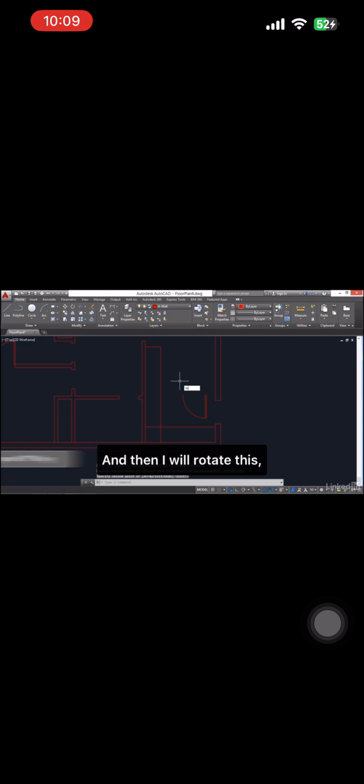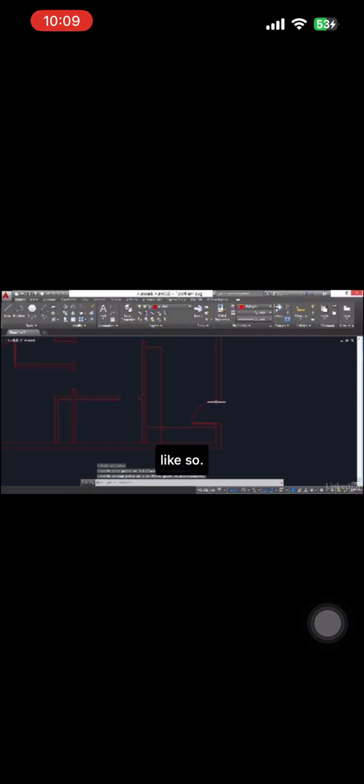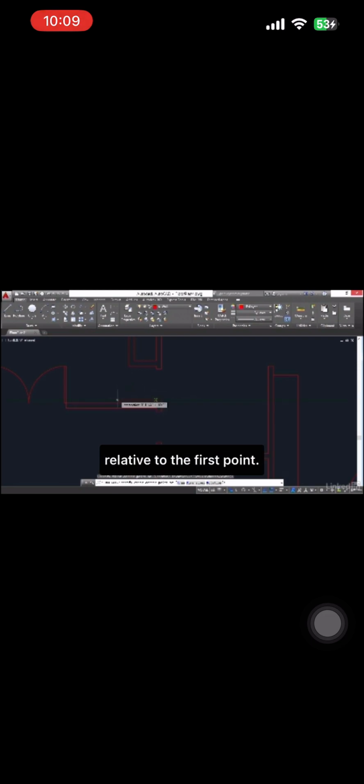I'll toggle off ortho temporarily by pressing F8. And then I will rotate this, and I'll toggle ortho back on by pressing F8, and then move this over like so. Now over here we have 3 doors which are 2'6". So let's go ahead and draw in the next door right here. I'll start here, and I'd like the door to go over like this. So the x coordinate is going to be a negative value because I want to go to the left relative to the first point. So I'll type in minus 2'6", comma